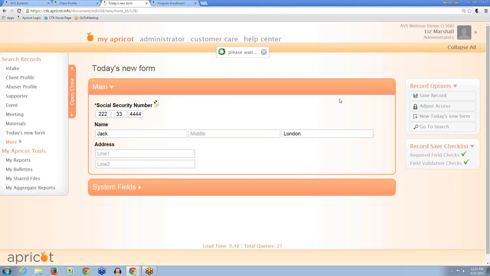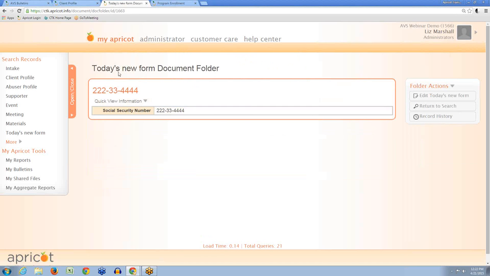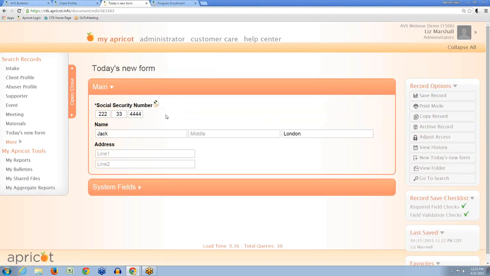there we go. Okay, and in doing so, I have created a new document folder because that was a Tier 1 form that I created. Every Tier 1 form makes a document folder. The naming convention for our forms is that it is named according to the topmost required field. And so if I were to